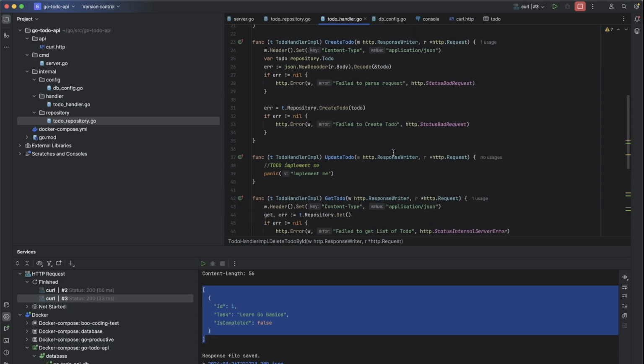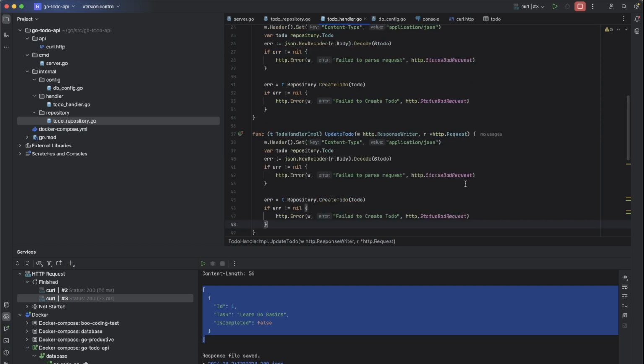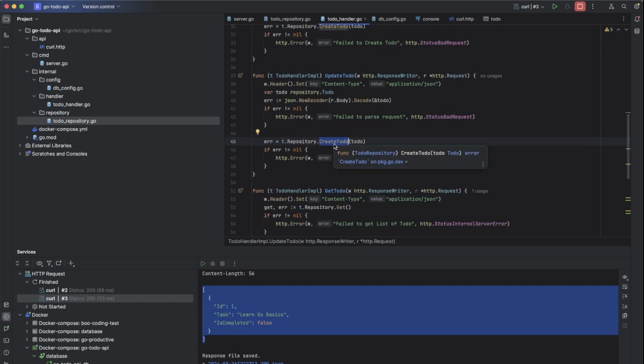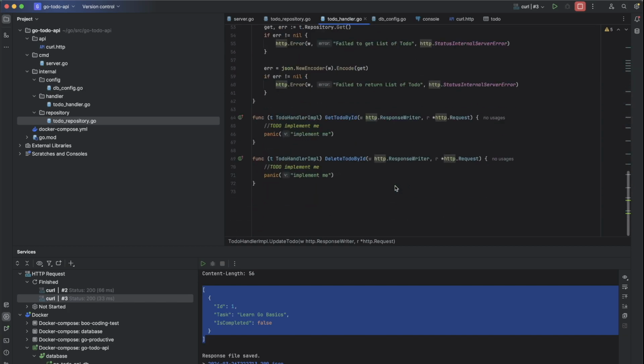Let's start from the update todo. It's almost the same like a create todo. So I'll just copy it from here. We will just change the method that is called from the repository, pointing to update todo, failed to update todo if there is any error, and then get by ID, because we will have ID parameter from the path variable.